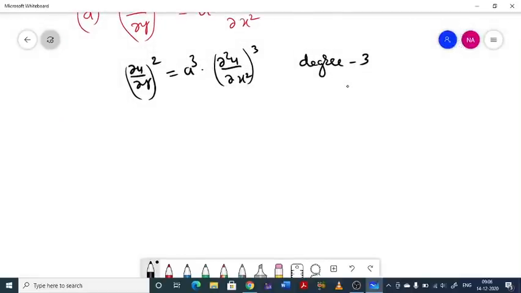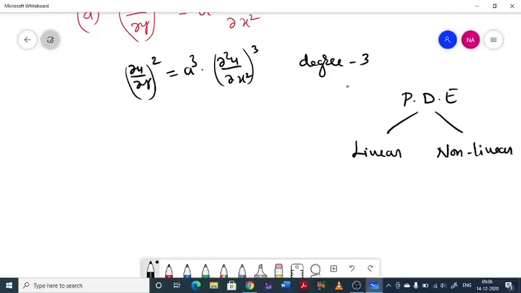Now there is one type of differential equation, actually partial differential equation. Again that will be divided into two types: linear partial differential equations and non-linear partial differential equations. Linear means the partial differential equation will be almost similar to the equation of a line. What does the equation of a line usually look like? y equal to mx plus c, right? So what is the speciality in this one? Each term has degree 1. That is the simplest condition you can say.